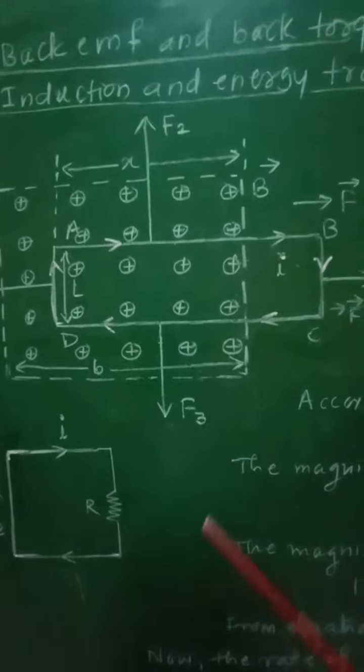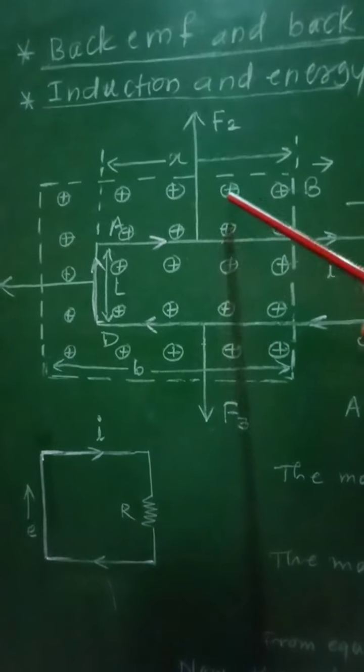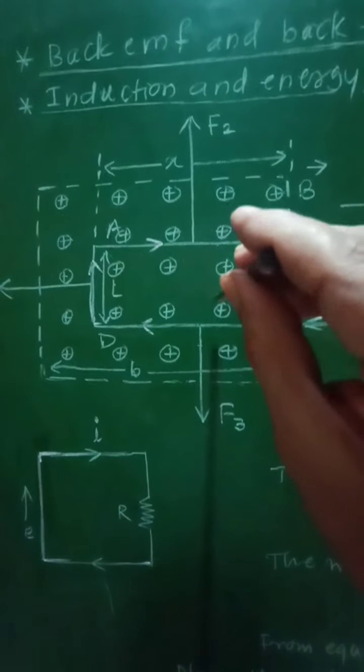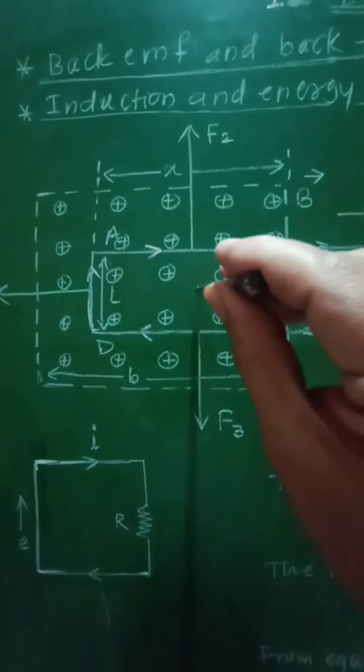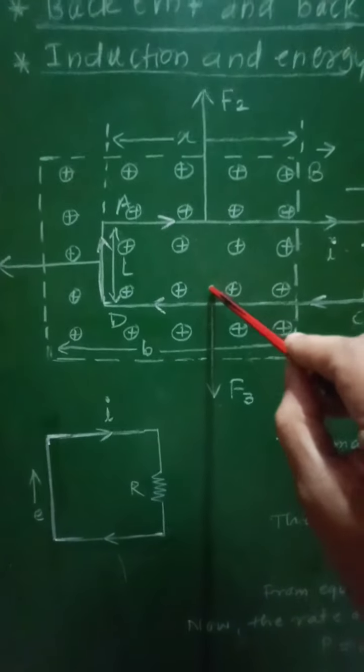Now this dotted line will represent the boundary of this magnetic field, that is, within this area only the magnetic field will be present, and it is denoted by the circles with plus sign. This represents that the magnetic field is perpendicular to the plane of the board and directed inwards. That means the sides of this rectangular loop will be now perpendicular to the direction of magnetic field.